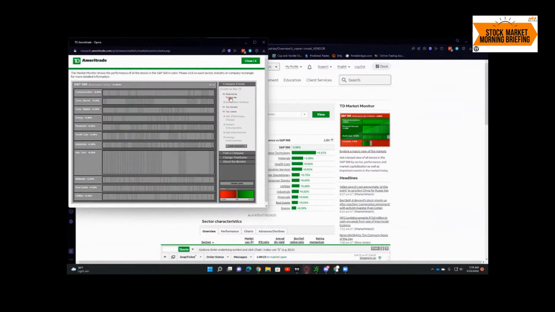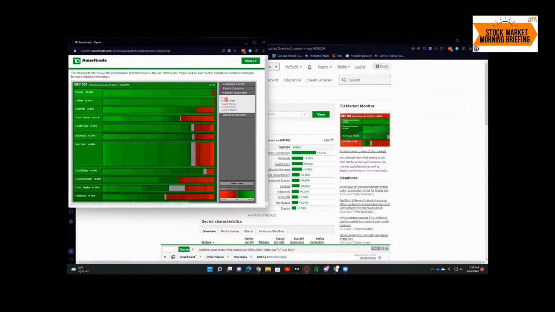Top gainers, top losers, most active companies. Sure, you can do it that way. But you can also just go in and change your time frame too. So if you wanted to look at the last 30 days or after the market opens, you can look at today's. So in the last 30 days or the last 3 months,